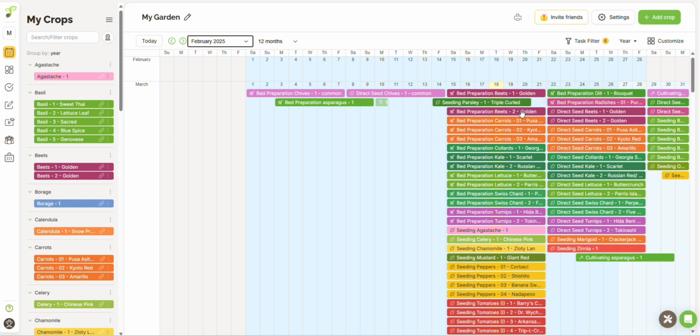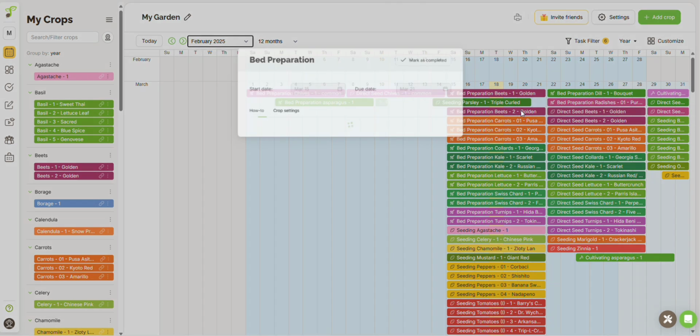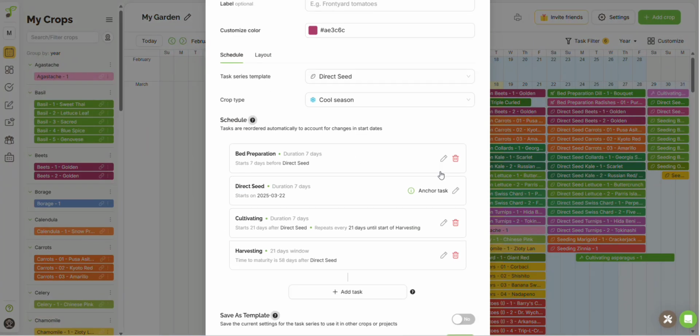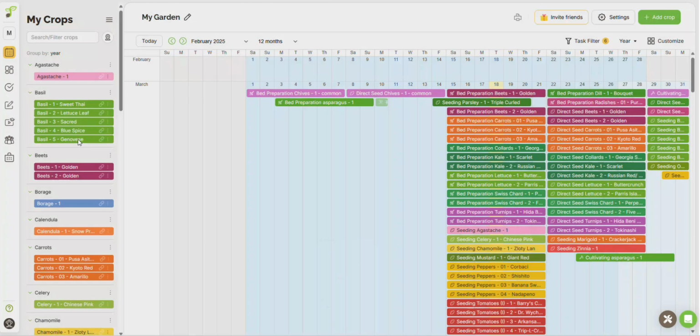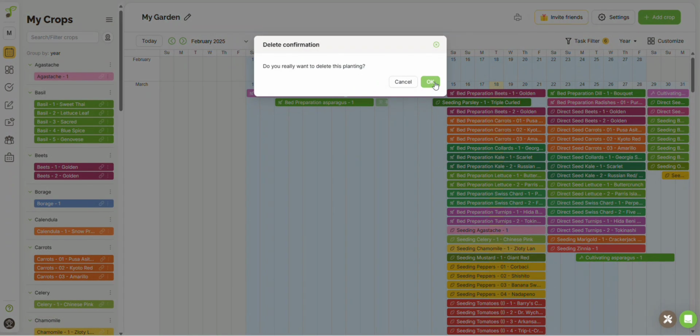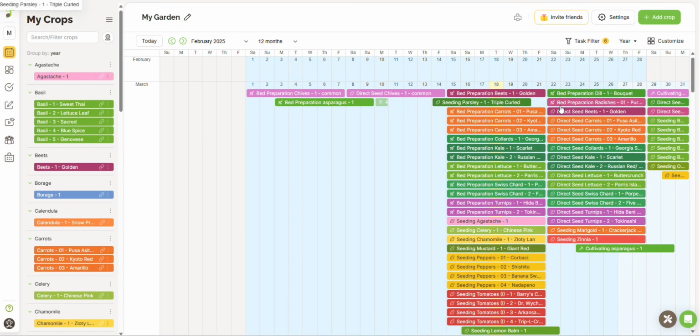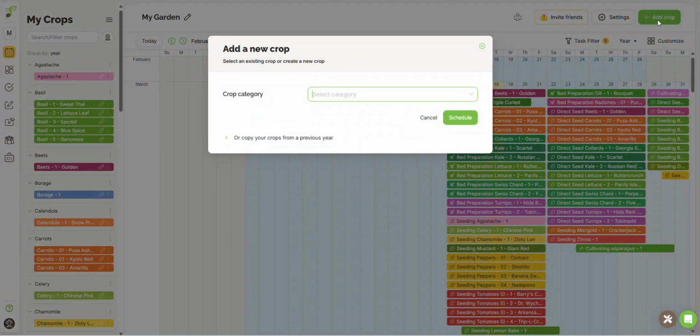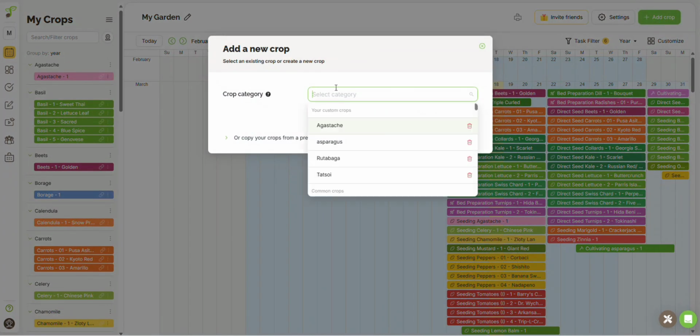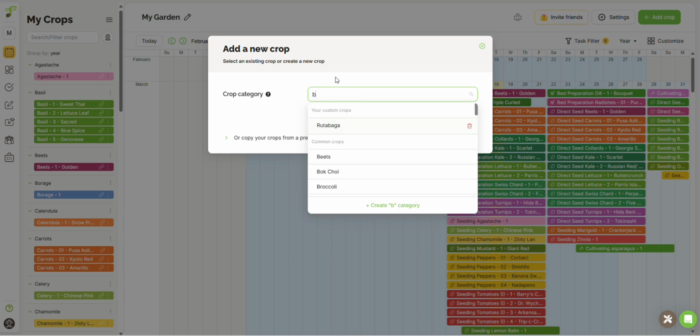Okay, so I actually had inputted this one. I'm going to delete it because I'm going to go ahead and do it again and go from there. So when you want to add a crop, you're going to put it here. I'm going to do one that we already have in the system, and then I'm doing one that's not in the system yet. So I have beets,